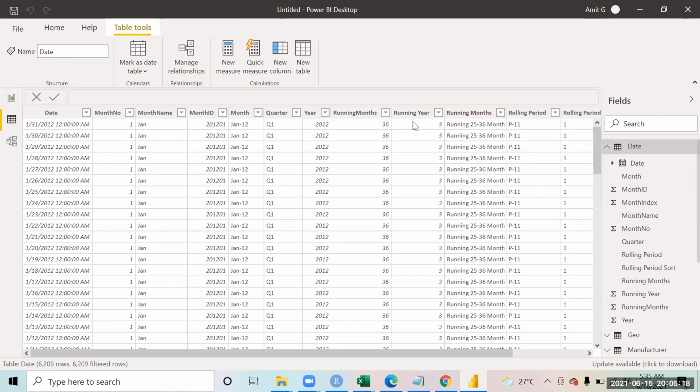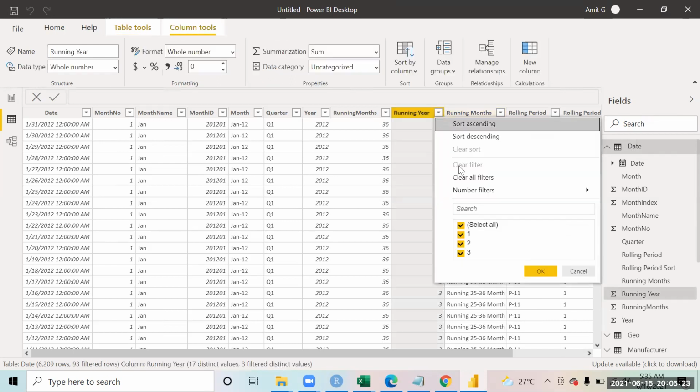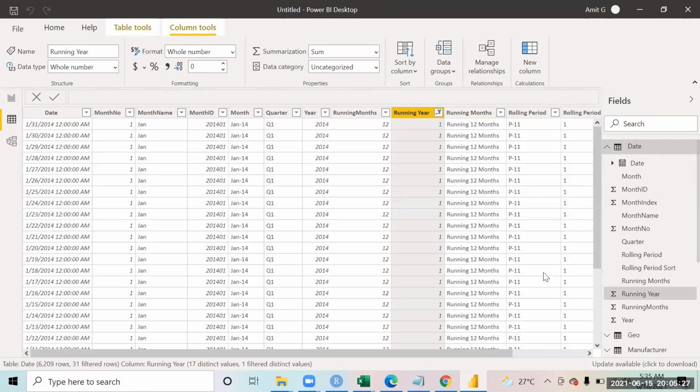So if you will see over here, right, 3 years, 36 months, right? So third year, 36 months that you are getting over here. So you see 3 years that you have. So first year, if you will pick it up from here, 12. So you will see in the first year you have 12 months, right? So it tells you that there are 12 months in that first year.